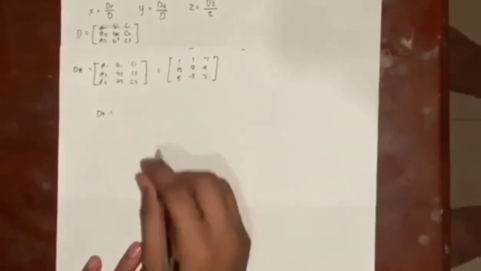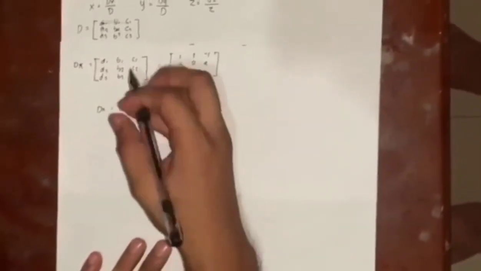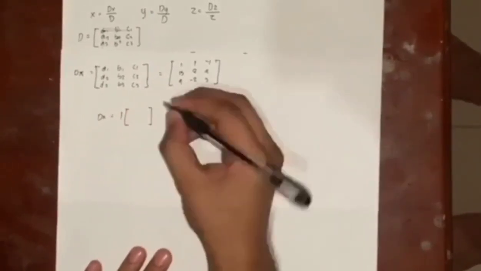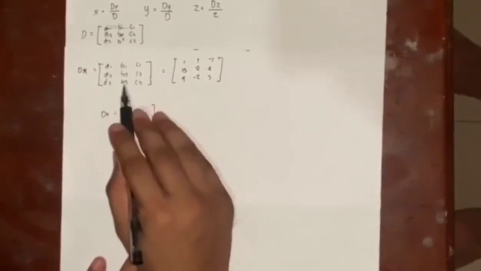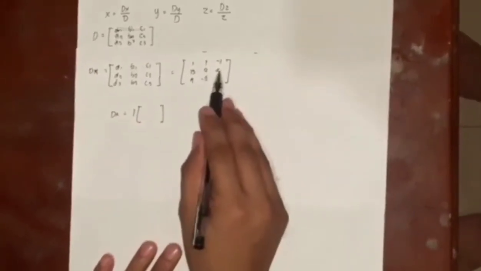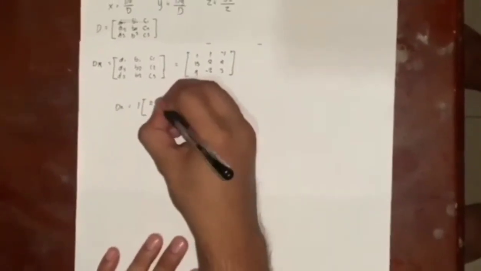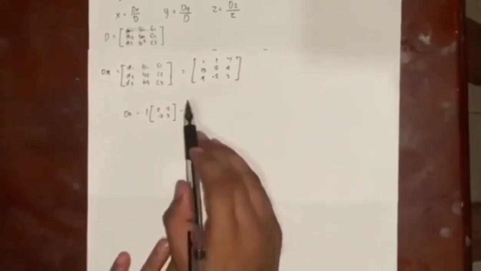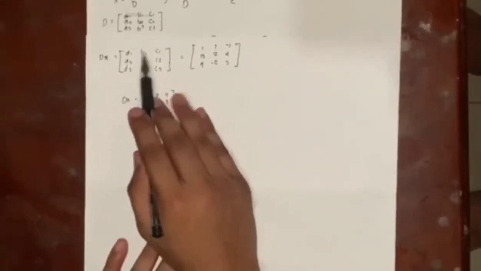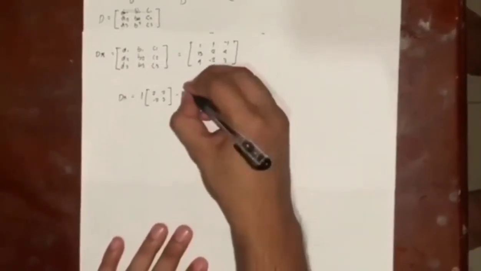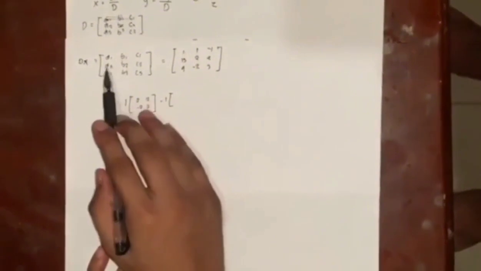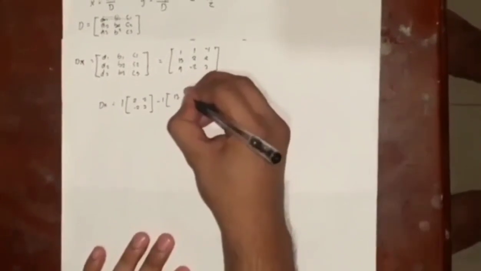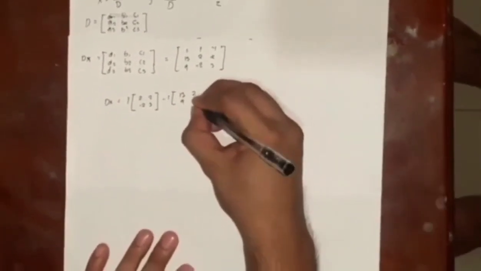Dx is equal to d1, which is 1, times the determinant of b2, b3, c2, c3, which is negative 2, 2, negative 2, and 3, minus b1, which is 1, times the determinant of d2, d3, c2, c3, which is 13, 2, 9, 3,